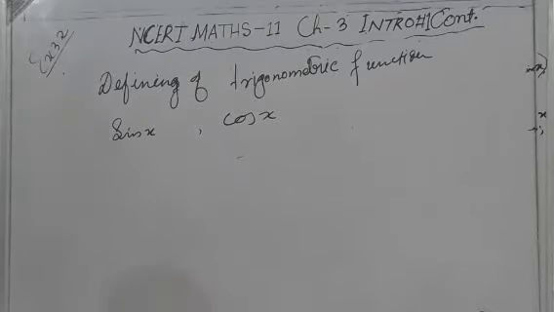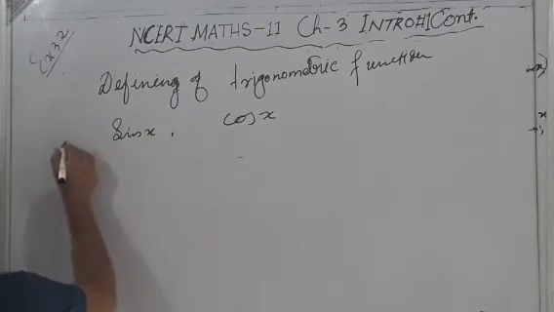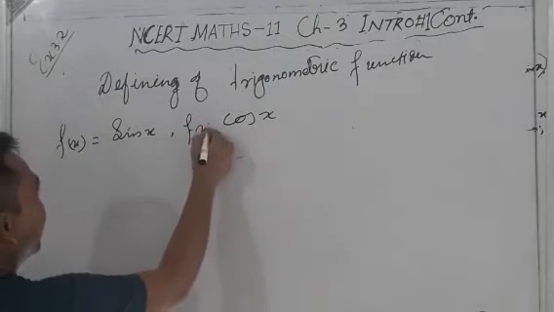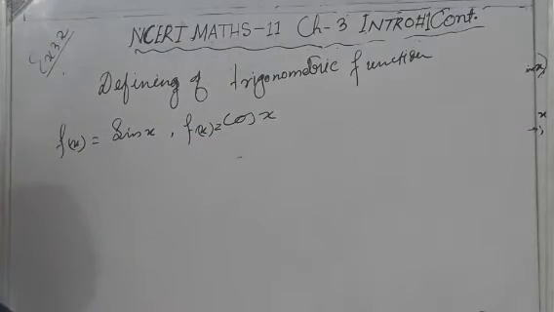That is a function, so we have to represent it by function: f of x equal to sin x, f of x equal to cos x. We have done that. So next, f of x equals